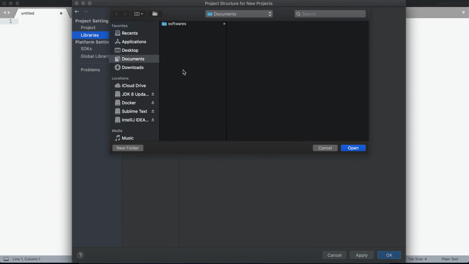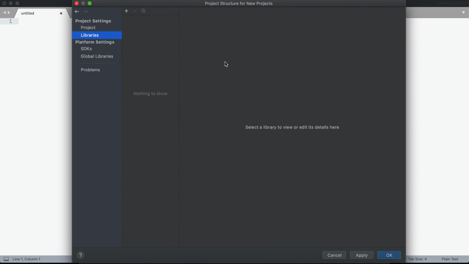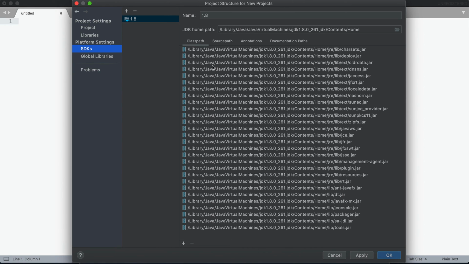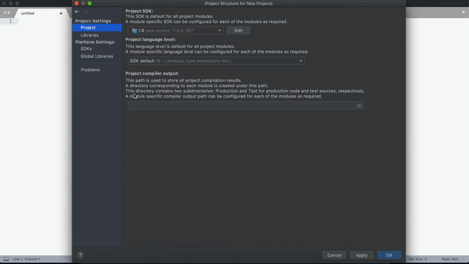I don't have any specific library here to import, because the JDK will pretty much cover everything. If you see this class path, it has pretty much everything that is needed for any kind of Java specific development. This is how we can configure Java in IntelliJ.